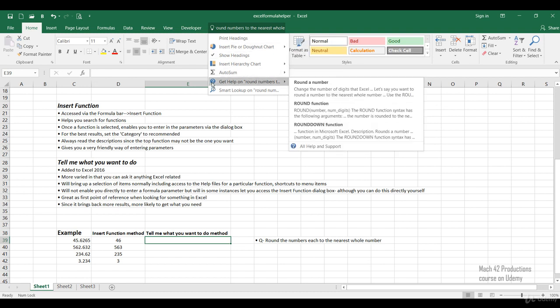However, this bit here is actually quite useful. It gives us three options: round a number, the round function, and round down function. Now, we could probably surmise that the round down function is a variation of the round function. However, round a number is quite interesting, as it looks like an article. What Excel's doing is giving you help options where you can read about a topic, or if you want to get straight to reading about a function, you could choose that as well. So if we click on this, round a number,